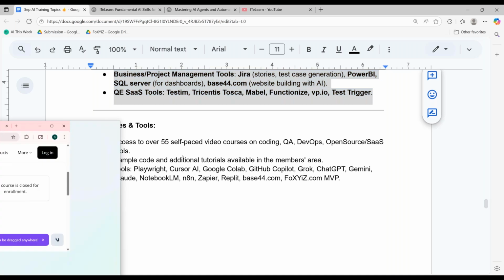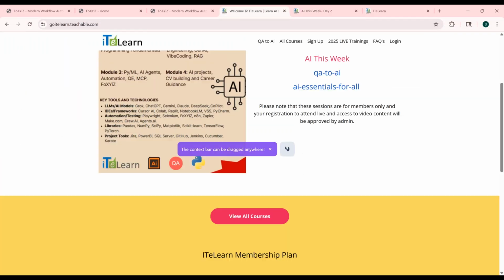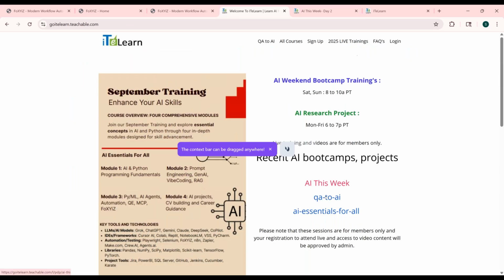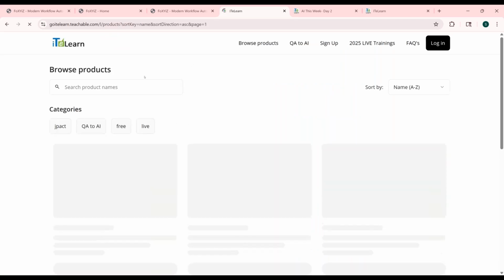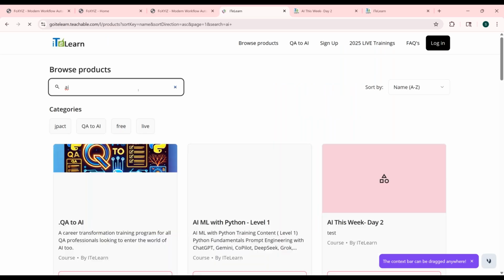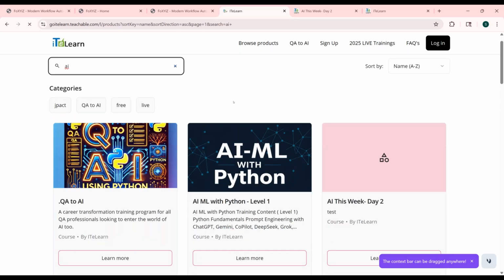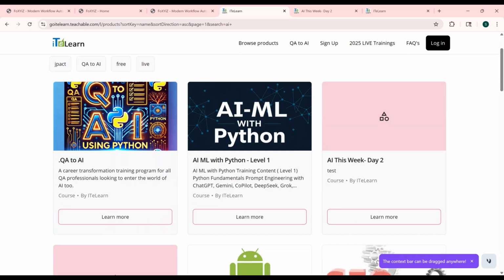You also have access to the other trainings that we have. So let me bring this here. On ITeLearn.com, you have the AI this week, QA2AI and AI essentials for all. Even if you go to all courses and just search for AI, as a member, you get access to everything, team. We are not giving you only specific access. You'll have access to everything that we're doing. So these 4 are very critical for the AI thing. We've been doing QA to AI. We in fact had AI ML with Python, so a lot of videos there.